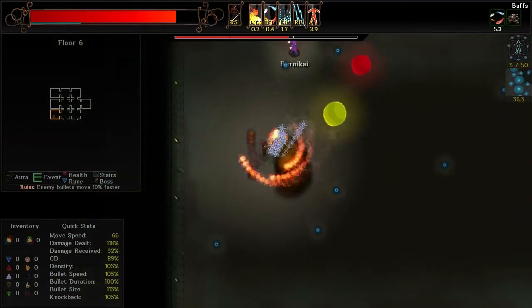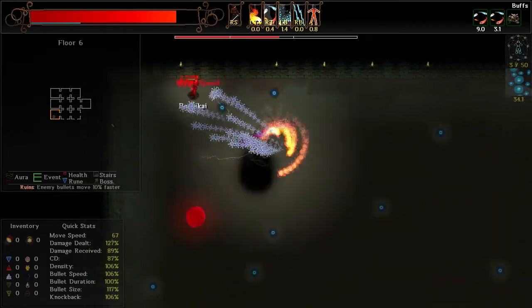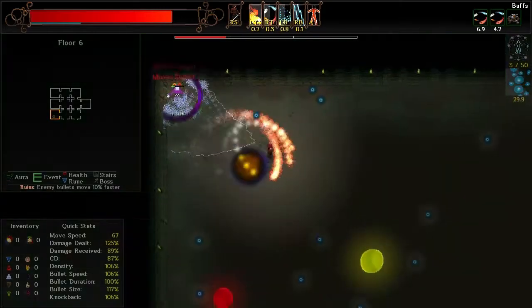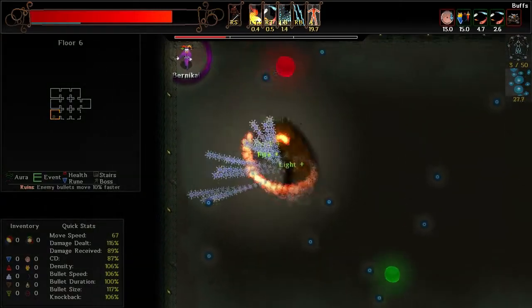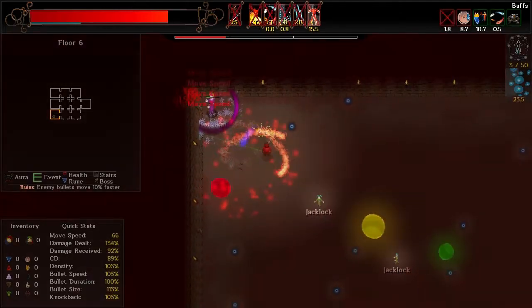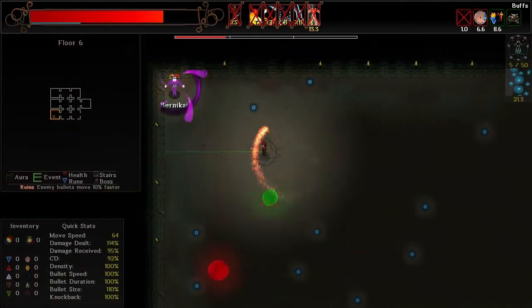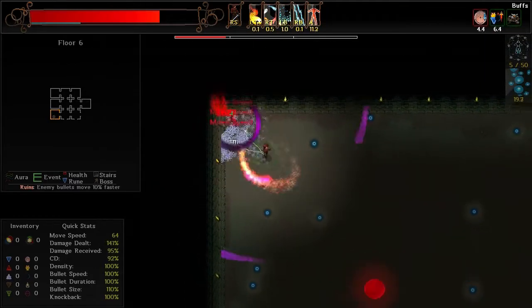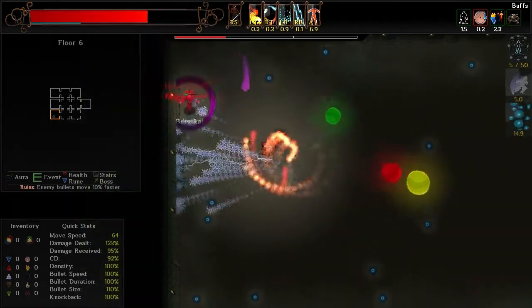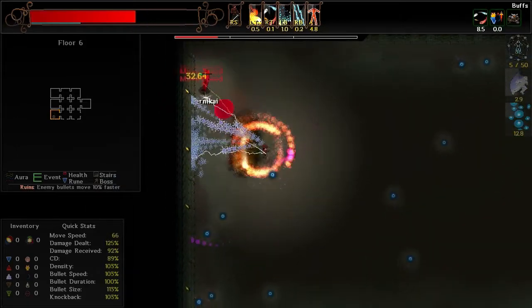Okay, so it looks like whenever he switches phases, he goes invulnerable for a little while. So I think at this point, I'm actually going to rely on Ice Storm to do most of the damage here. Let's buff up mindlessness. Actually, let's just hang out next to him for a bit. Ow. Okay, don't get hit by the bouncing orbs of death. They hurt. And realistically, I'm in a bit of a pickle here because...